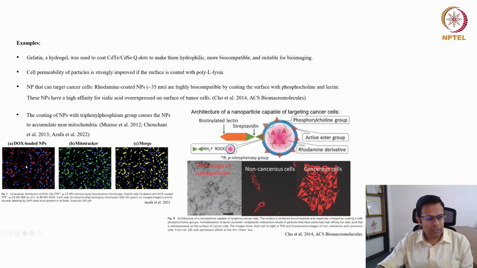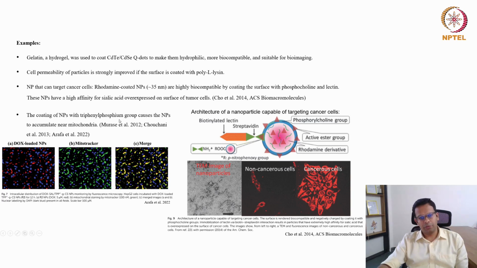Here what they have done is dual color imaging. MitoTracker is the commercially available dye for identifying the positions of the mitochondria. Wherever we are seeing green color, those are the mitochondria in the cell, and this is a commercially available dye which is specific for mitochondrial labeling. When they use these nanoparticles, ideally they also accumulate near mitochondria. So the red color signal that you are seeing is where the mitochondria are present. You can see they are completely co-localizing, red and green. That means these nanoparticles are specifically labeling mitochondria because they are coated with the triphenyl phosphine, TPP group.